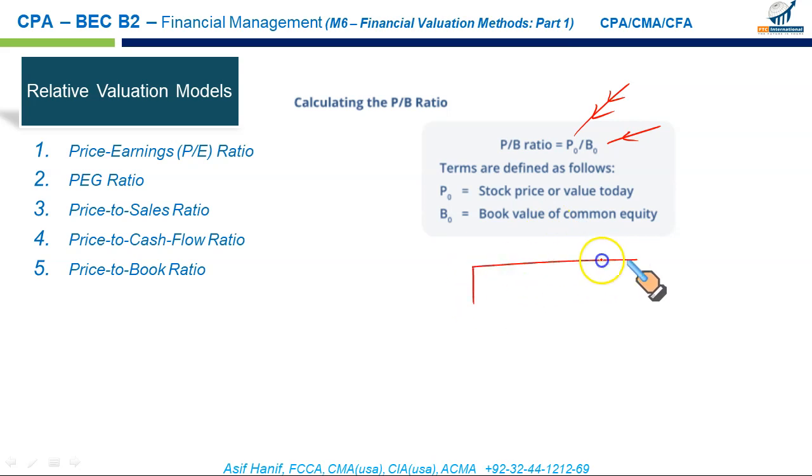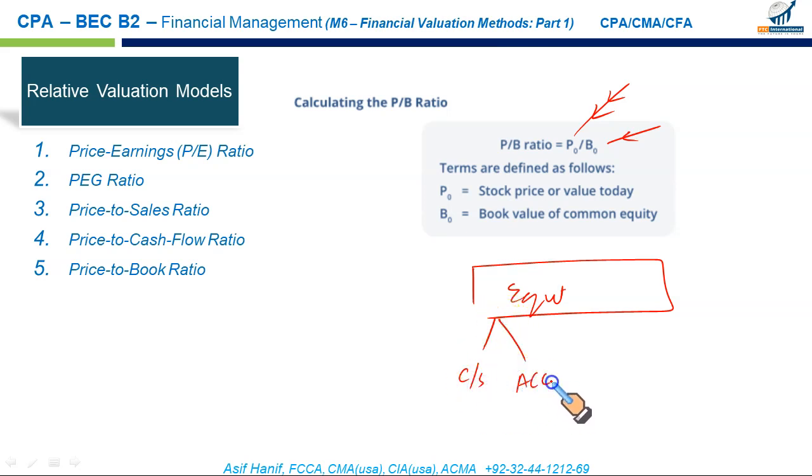What you do, you simply add up all your equity. Equity means your common stock balance plus your additional contributed capital, also called the share premium, plus any revenue or capital reserve, plus your other comprehensive income, all the components of equity other than preferred stock. So add them up and divide it by the number of shares. It will give you the book value per share.